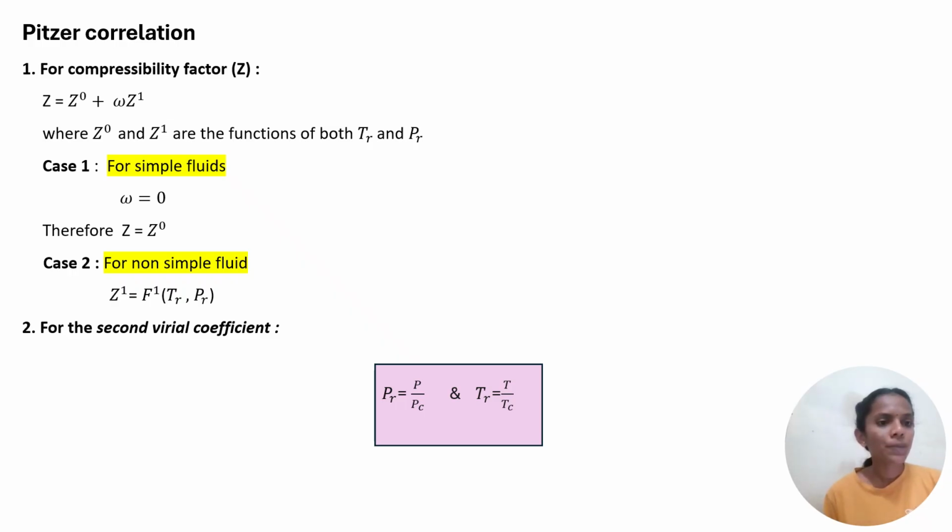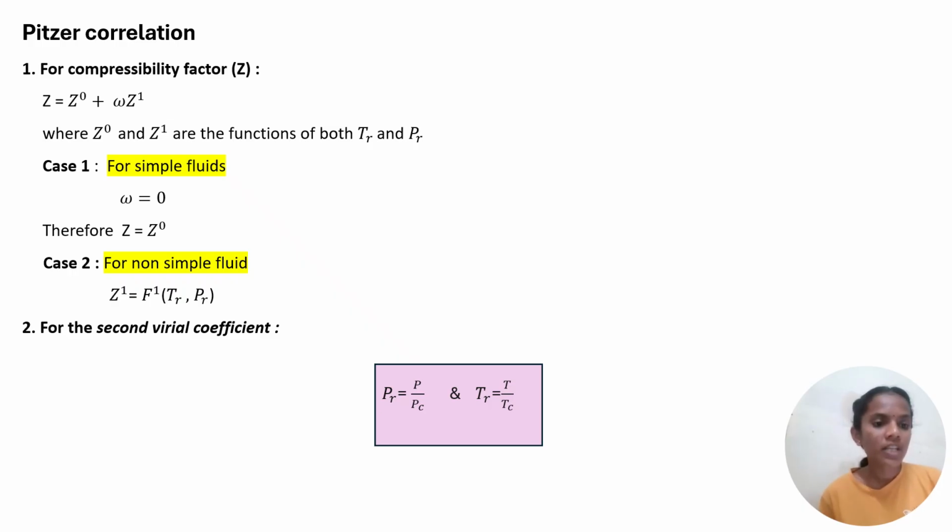Now we have the Pitzer correlation. Pitzer correlation for compressibility factor, that is Z is equal to Z to the power 0 plus omega into Z to the power 1, where Z to the power 0 and Z to the power 1 are functions of reduced temperature and reduced pressure. In this we have two cases. First one is for simple fluids. For simple fluids, we know that omega is equal to 0. By substituting omega equal to 0 in the compressibility factor equation, we get Z is equal to Z naught. Case 2, for non-simple fluid,